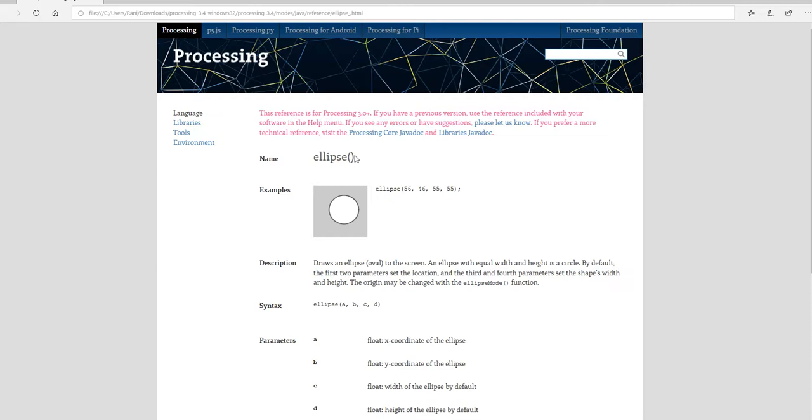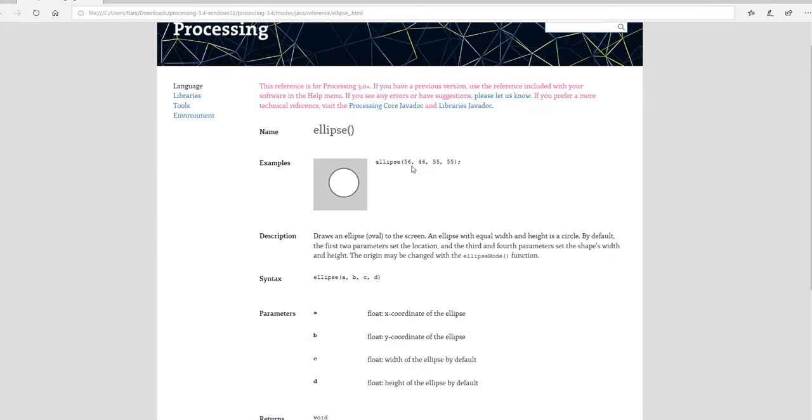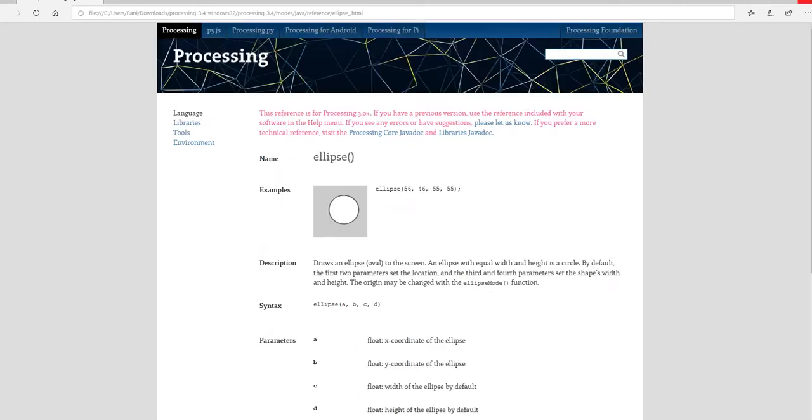So see ellipse, and then these are the 4 parameters and a semicolon. And here A, B, C, D, right? This is the syntax. What is the meaning of A? A is the X coordinate, B the Y coordinate, C the width, and D the height. So you can read about the ellipse from the help from here, right?